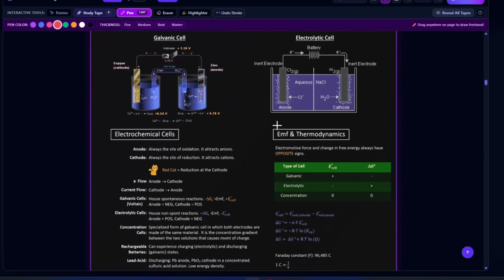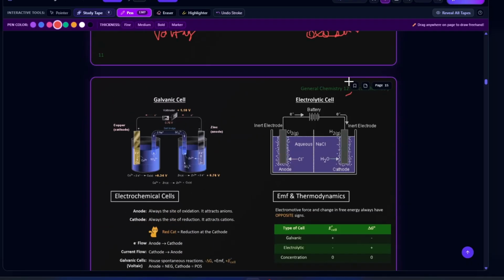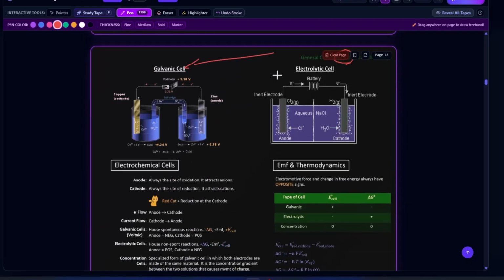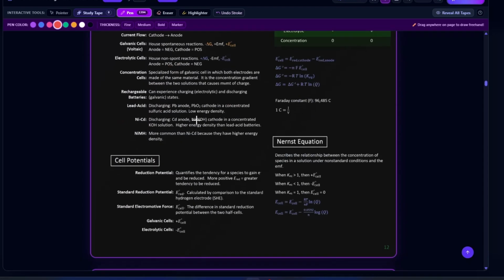Okay, last but not least is electrochemistry, and this is chapter 12. In chapter 12, electrochemistry, you have different types of cells. You have the galvanic cell, and then you have the electrolytic cell. So electrochemical cells,